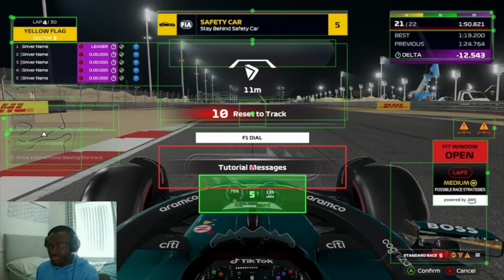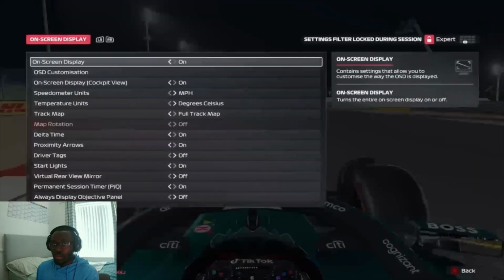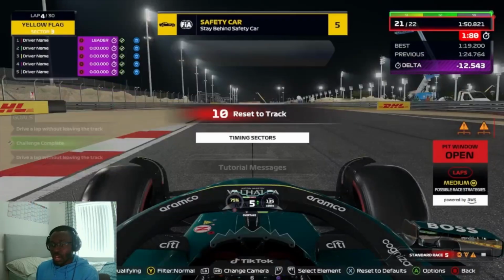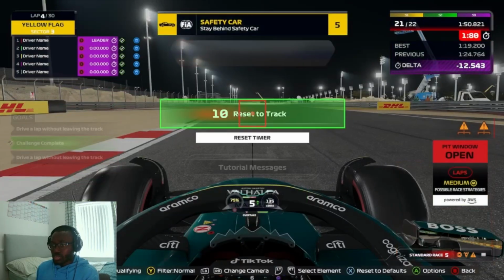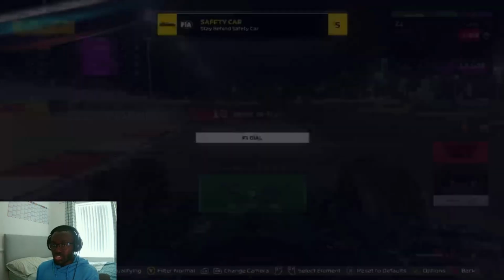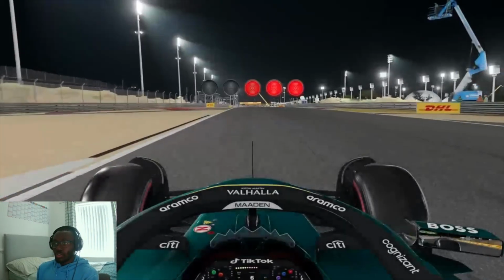Yeah, again, you can just move this however you want. I'll just move it here just for whatever, but that is basically the on-screen display, and again I might just change that for qualifying as well. Just scrolling through onto 50, we'll just move that up a little bit, and I can still be able to see what's going on. So now I'm going to give you guys just a quick rundown of the settings that we've changed,